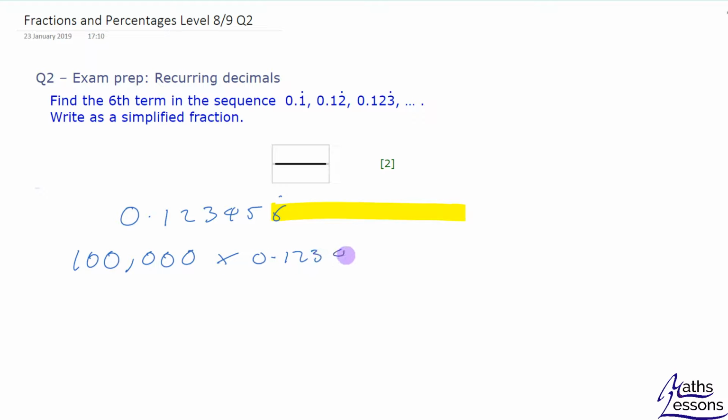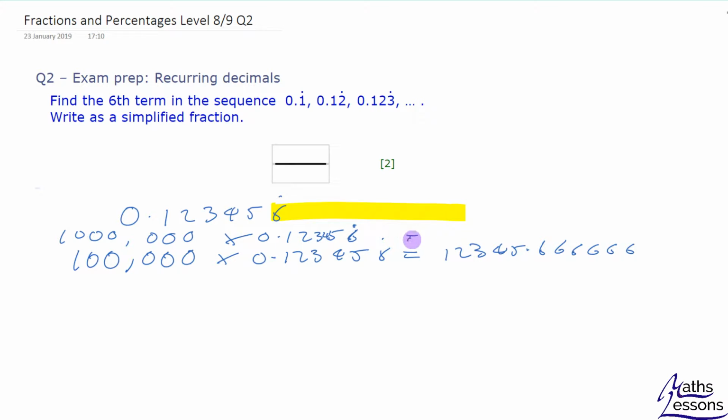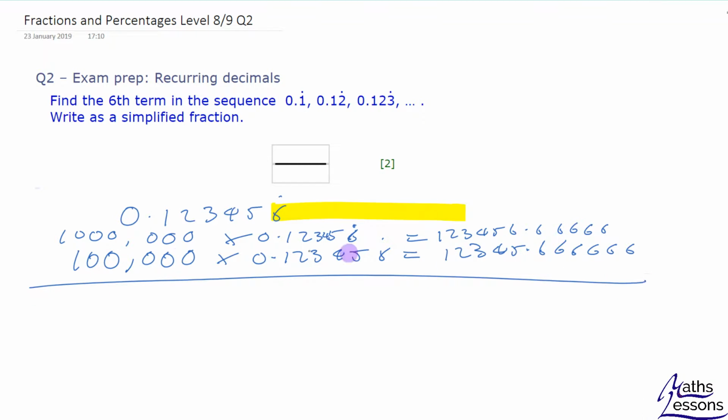All of this, just to get to 1, 2, 3, 4, 5.666. And therefore, if you times by 1,000,000, so I meant to do that first, 0.123456 recurring, you're going to get 1, 2, 3, 4, 5, 6.6 recurring. And you can subtract those to get 900,000 times 0.123456 recurring equals, subtract those, you get